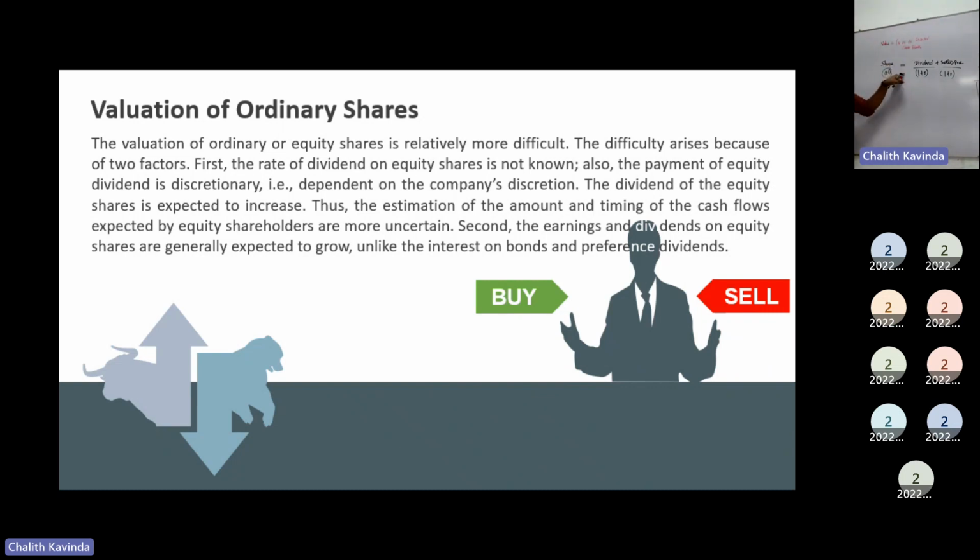So those are the difficulties that arise when you are going to value shares, because there are two cash flows associated with shares: dividends and the selling price. It is very difficult to get the cash flows related to dividends, because the company has not guaranteed that you will get a dividend. You don't know the timing of the dividend. You don't know how much you get when. Accordingly, it's difficult, even if you play any game for your selling price.